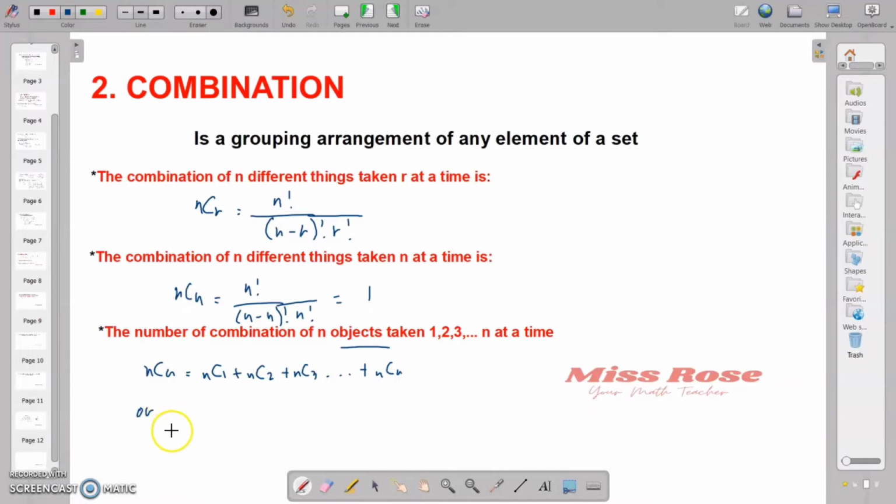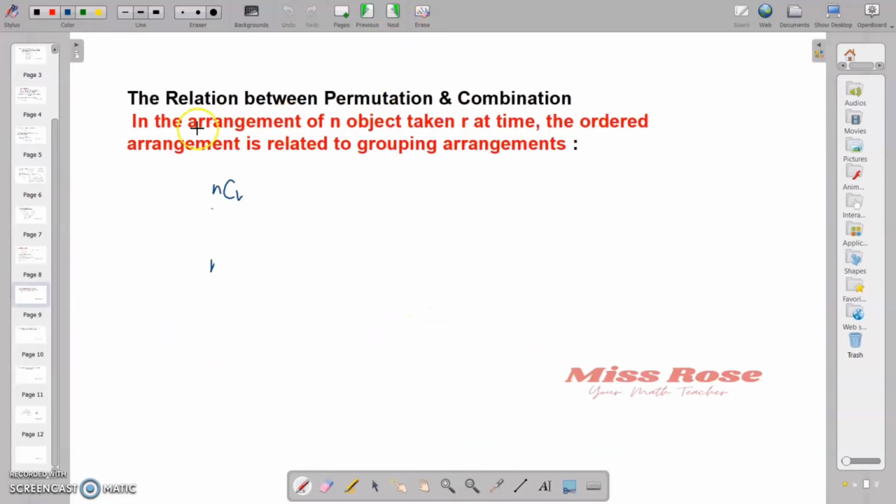Alternative formula: nC1 or 2 or 3 and so on, n equals 2 raised to n minus 1. This is simply the formula for the number of combinations of n objects taking 1, 2, 3 and so on. So next,